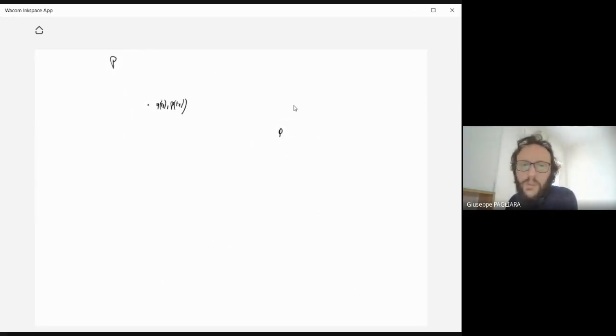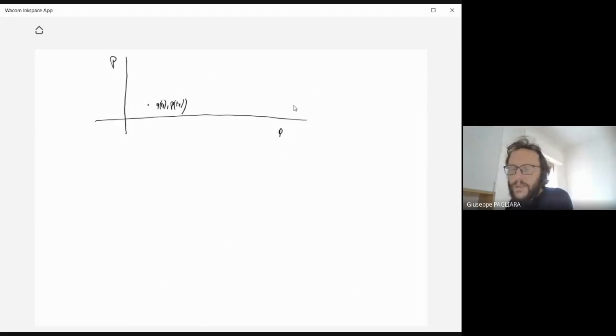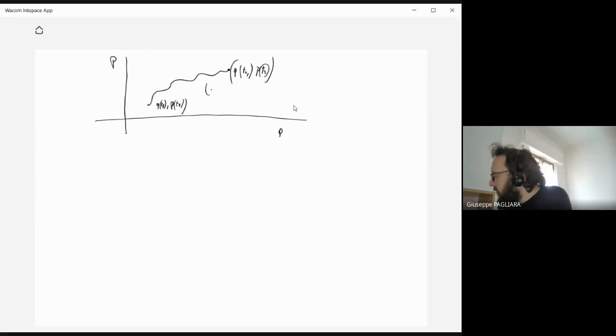The Hamilton equations allow us to evolve this point along a trajectory, okay? Here we'll have a Q of T2 and P of T2, and this is a trajectory of my system in the phase space,